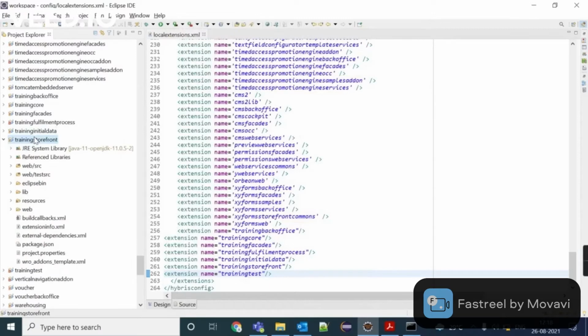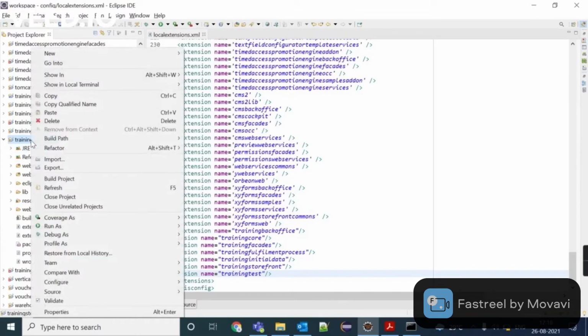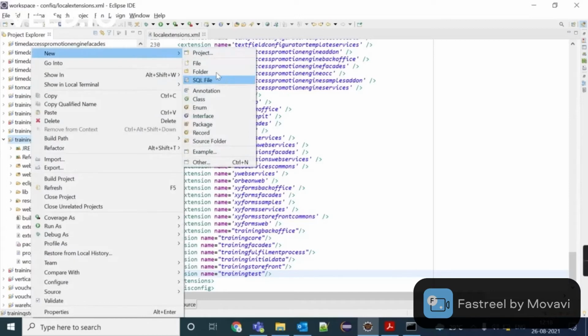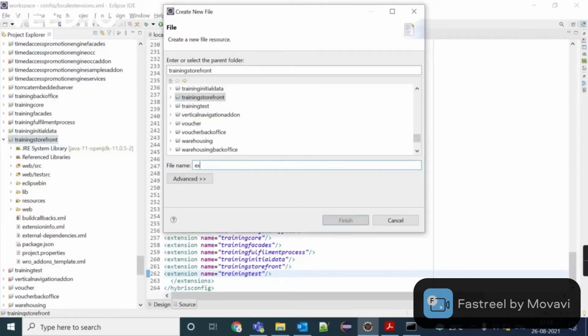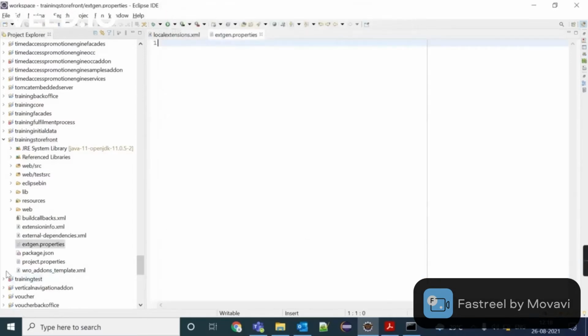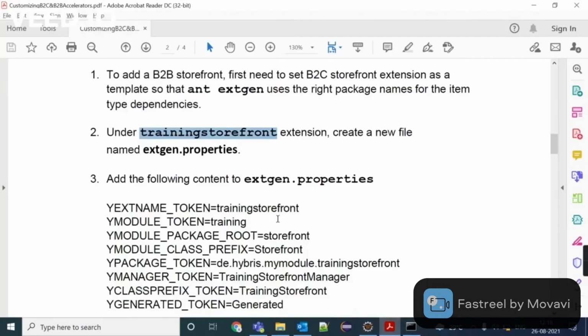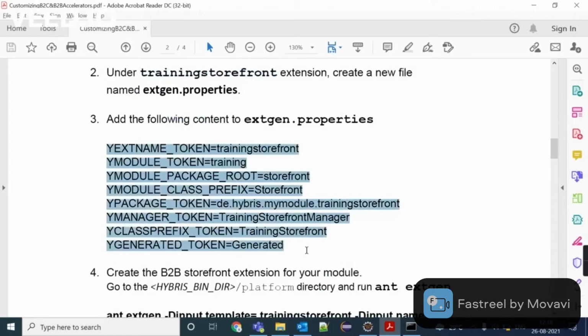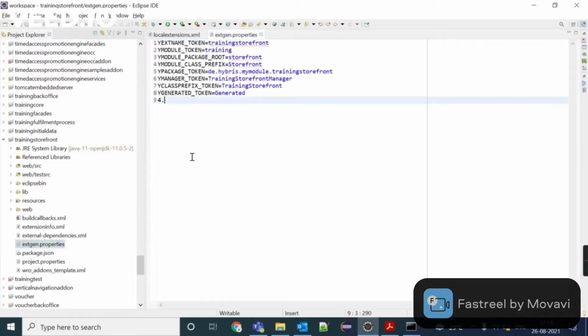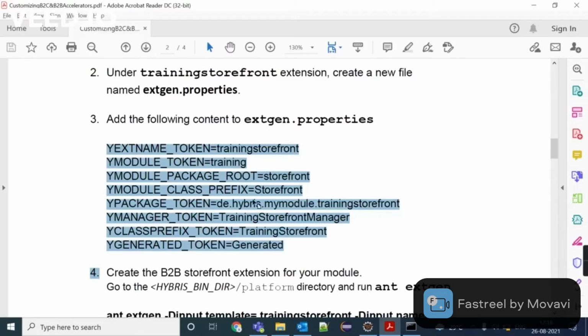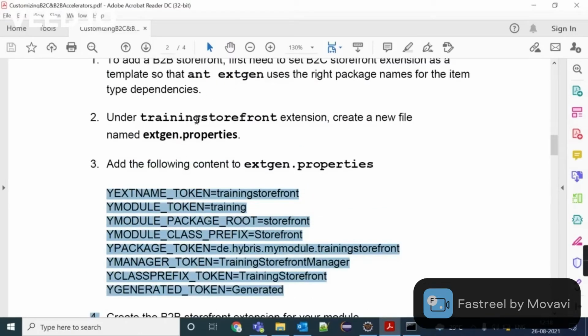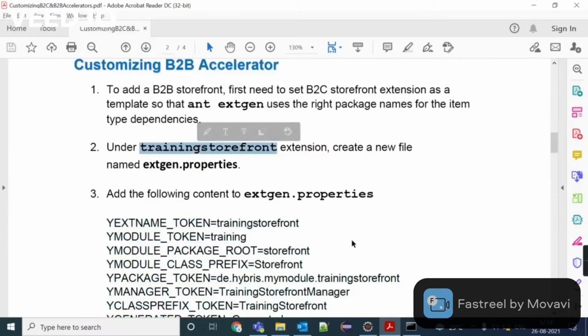Inside training storefront, we are going to create one more file, that is extgen.properties file. And here you need to add this data. This will make your training storefront extension a template.